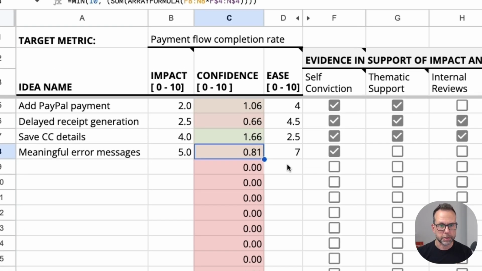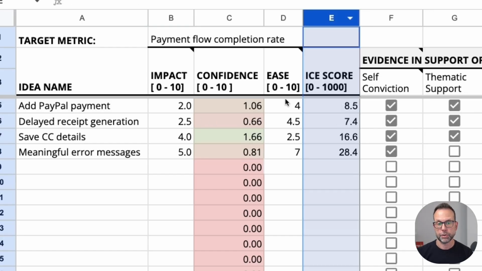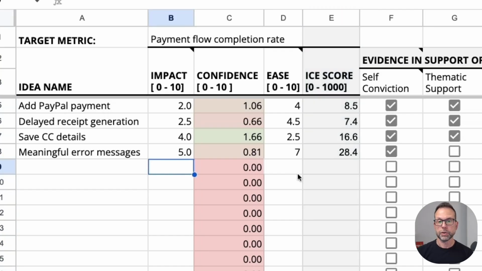You might wonder, where is the I-score itself? Well, I do have it here. It's basically multiplying these numbers, but I find it's distracting. It's a weak signal. It's often given us actually wrong signals. So I tend not to look at the I-score at all, but if you like it, you can have it here as well. So this is basically the tool.